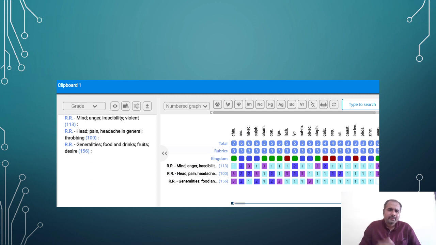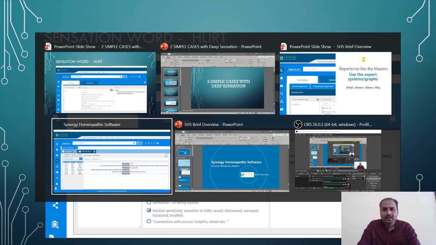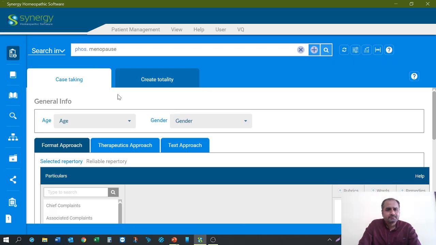There are a lot of remedies coming. How would you be able to define a particular remedy for the case? It can be Nitricum acidum, it can be Ignatia, it can be Sulphur, it can be Staphysagria, it can be Silica, it can be anything. So what you do in such cases is that you go to the program. For example, let me take you to the program again, and you'll be able to understand how this Vital Quest program works. So when you go to the